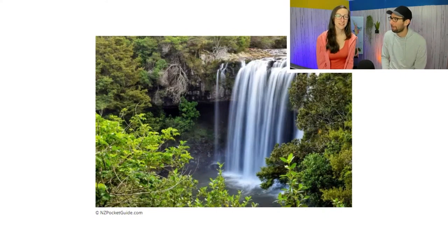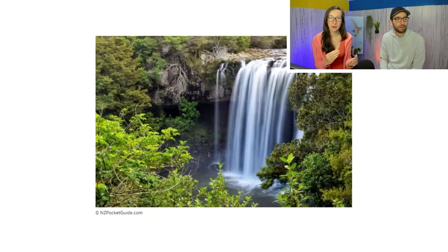This can be accessed in various different ways. It's very easy to access from the Waipapa Road, as Robin was saying. There's a big car park there, and then you can literally get a viewpoint straight away. It's kind of paved all the way. Yeah, well, it's not paved. Well, it's gravel. Very good, well maintained. Yeah, so you can see the top of the waterfall from different angles, and then you can